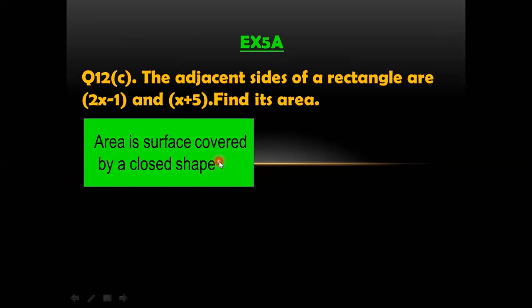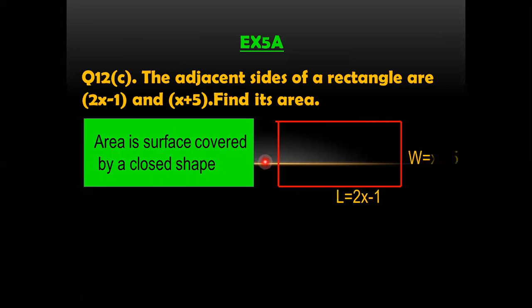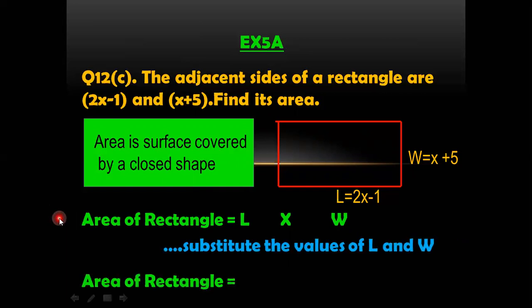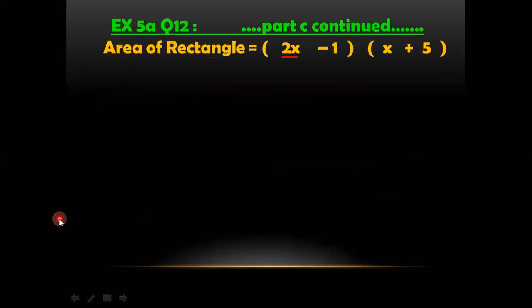जो आपको जैसे green portion नजर आ रहा है, this is the covered area of this rectangle. So let's see how we can write down the dimensions of this rectangle. As its one side is 2x minus 1, let it be the length, and its other side is x plus 5, which is its width. And we know that the area of the rectangle can be found by length multiplied by width. Now we will substitute the values of length and width, and here are the two substituted values, 2x minus 1 and x plus 5.